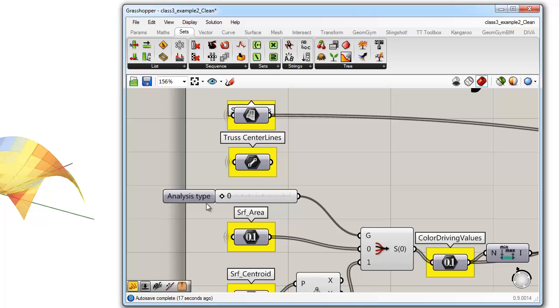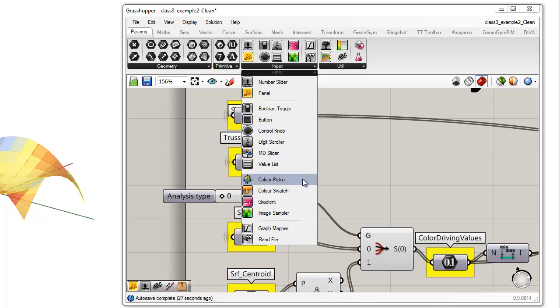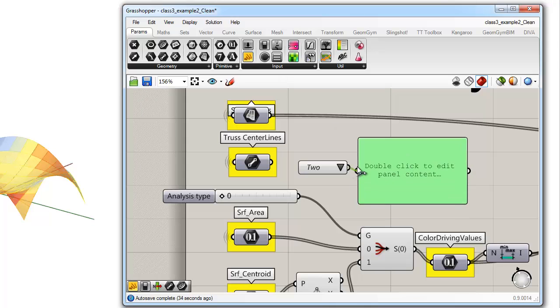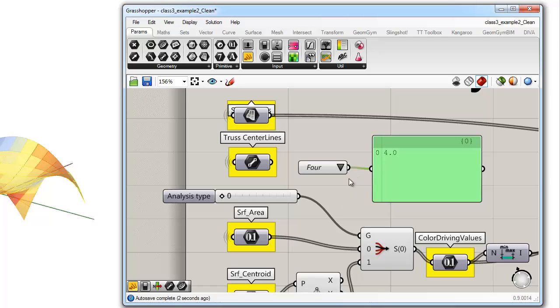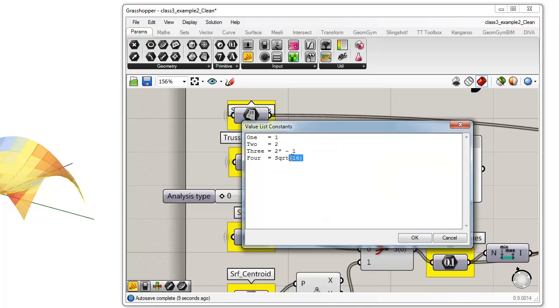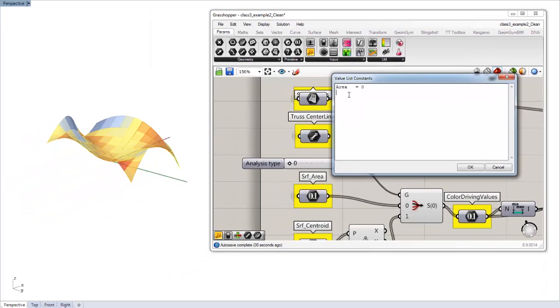An even better example of doing this, instead of calling the analysis 0 or 1, is we can set up a value list. And you can see we can have a preview, and we can have a numeric value or some kind of value coming out. So if I double click on this, if I right click and edit this list, on the left is the preview. So let's just say surface area would be 0, and elevation